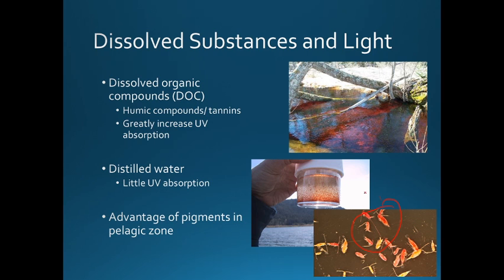But if you have water like this, that already has a bunch of organic substances in it, and all the UV radiation gets absorbed in the first couple inches, then you find clear zooplankton because they don't need to worry about UV radiation. They'll just be clear and be fine,